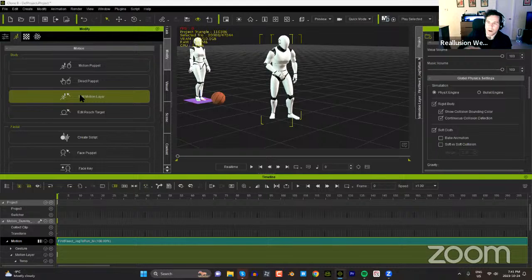So what I do often is when I'm working on a motion that's very detailed, I'll save my project, and then I'll save it as like, edit 01, for example, and then I'll flatten the clip, and then with that flattened clip, I'll do a second layer of motion key edits, and then I'll save it as like, edit 02. So basically I'm creating a history of projects for myself. And if I get really frustrated and I want to go back to this step, then I'll do that. That doesn't happen too often anymore, because the tools are better now, and